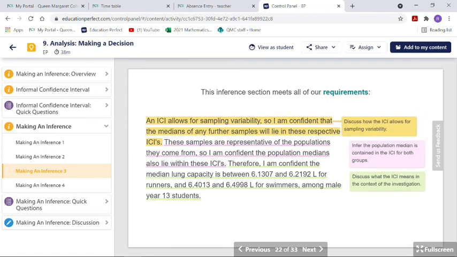Now, when you're doing these achieved, there are certain key words that I'm going to be looking for. And for this particular one, I'm going to be looking for sampling variability. Okay? I'm going to be looking for that you're talking about the medians. You know that it's the medians you're dealing with. Okay? And that they're representatives of the population. Right? So you can be confident about it. So I'm going to be looking for a few key words in each one. I'll have a list of the key words. And we've been underlining those as we went. So hopefully you've got this done. We'll talk about it when we revise too. So don't panic if you haven't. All right?